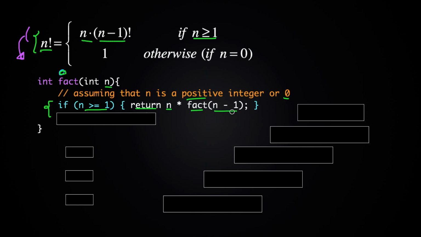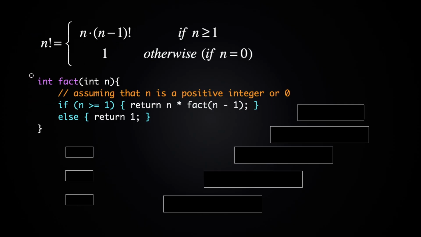So this is the same as saying the value of factorial n is going to be n times factorial of n minus 1 if n is greater than or equal to 1. And then we're going to write otherwise or else. That's when n is equal to 0. We're just going to return 1 because we know that that's the value of 0 factorial. So as you can see, this is a recursive function because fact calls itself right here to solve the problem of finding n factorial.